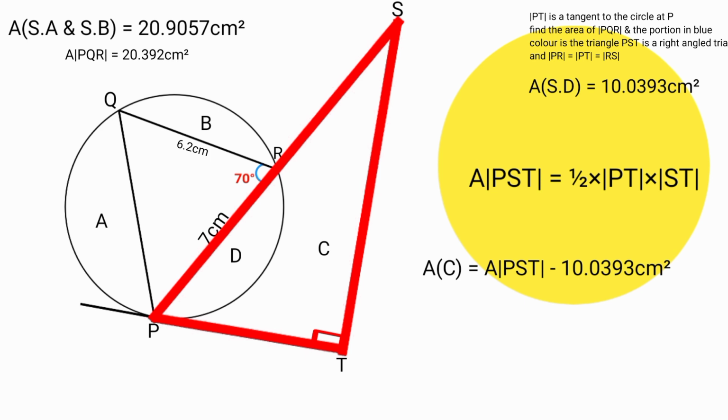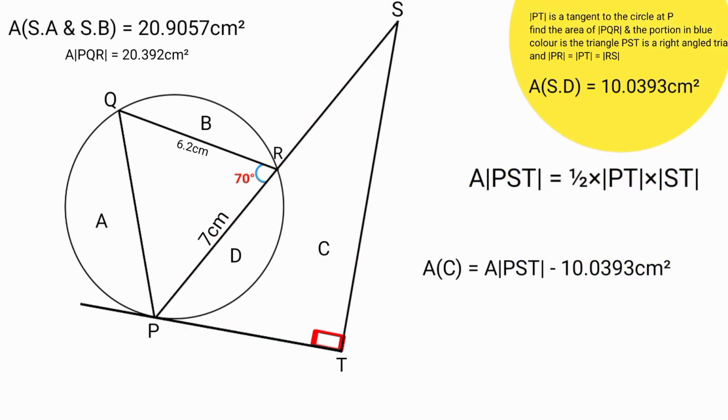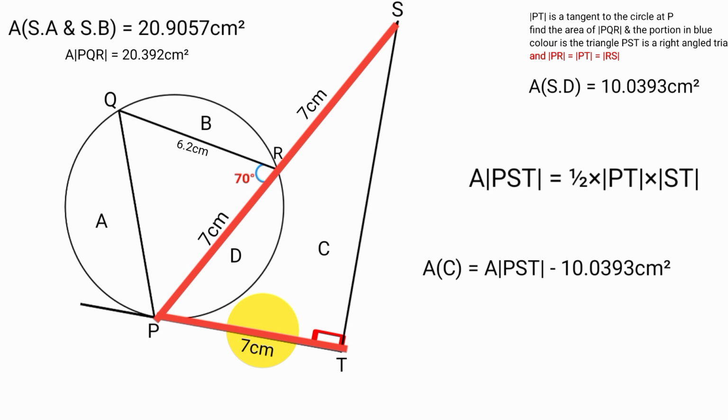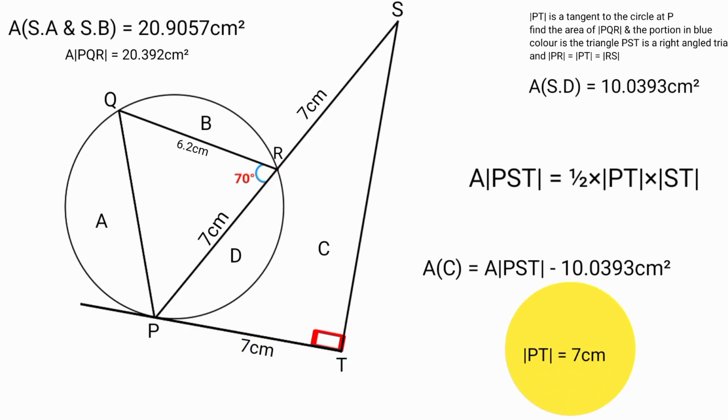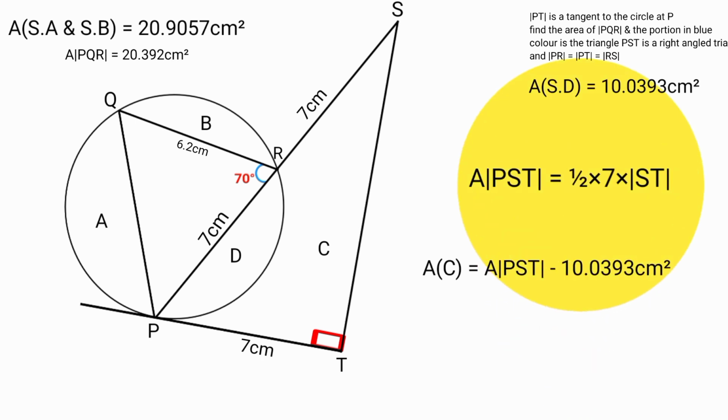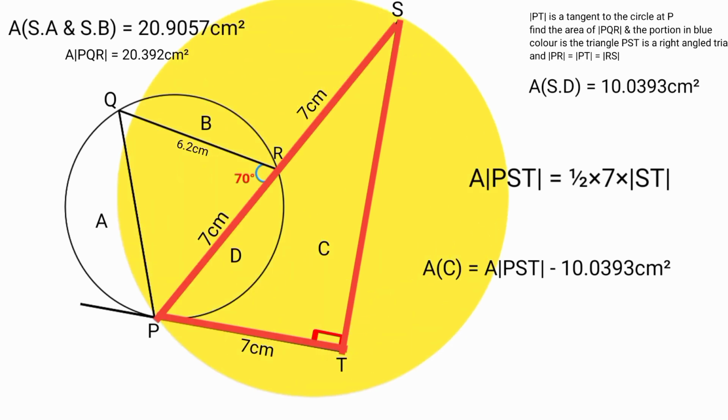So what are the lengths of line PT and line ST? Recall from here, this line PR, line PT and line RS are equal in length. So since this is 7 centimeters, this and this must also be 7 centimeters in length as well. So line PT equal to 7 centimeters. Substitute here now. Coming back to line ST, to find its length, since this is a right angle triangle, we